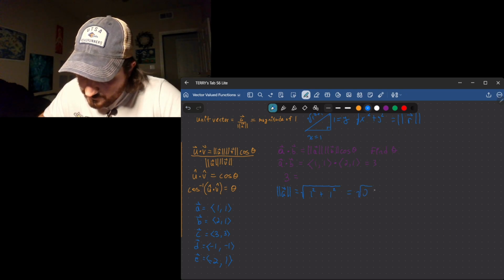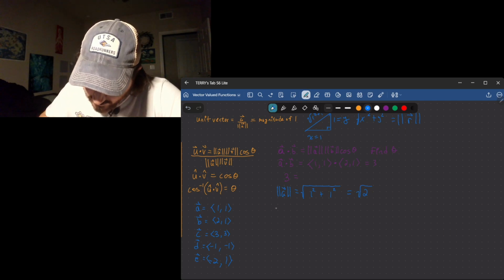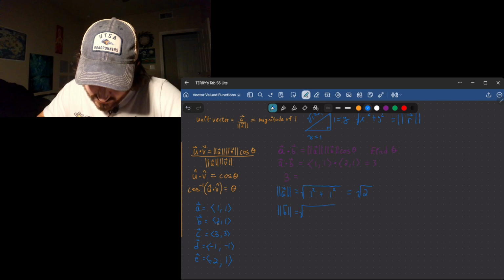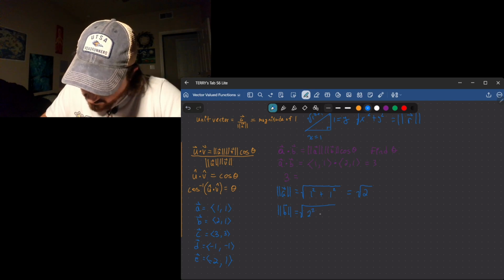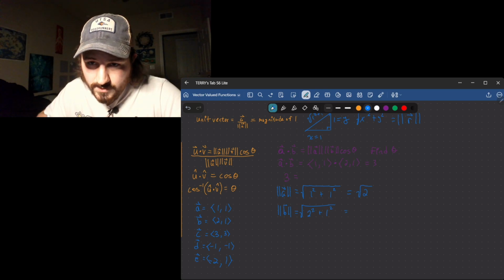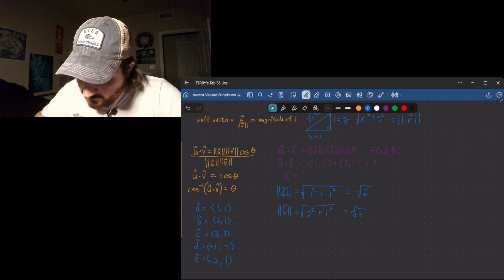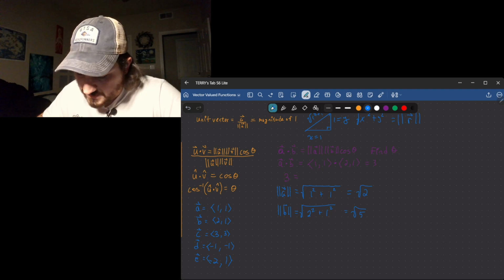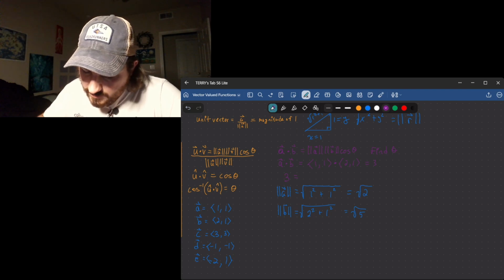A. Okay, and then we can do our magnitude of B. That's going to be square root, and then B down here is 2 and 1, so we got 2 squared plus 1 squared. So 2 squared is 4, 1 squared is 1, so we got 4 plus 1, which is going to be root 5, right? We don't need to worry about trying to use calculators and stuff to get exact numbers. That's going to be more than we're worried about right now, so we're just going to move on with these